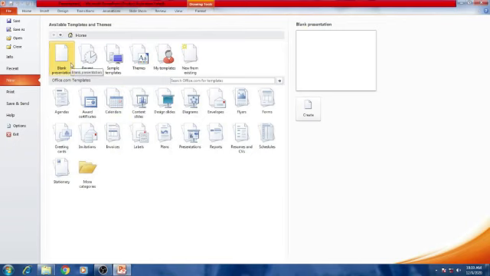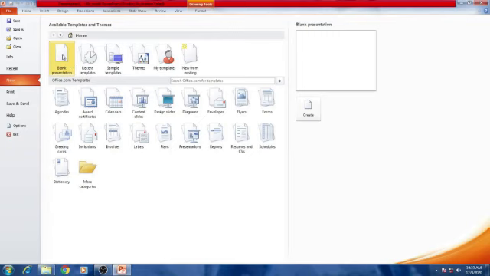Then what do you mean by templates? I have used this term template many times already. A template is a general term used for a pattern which remains the same throughout the presentation. All the slides have the same background you select.